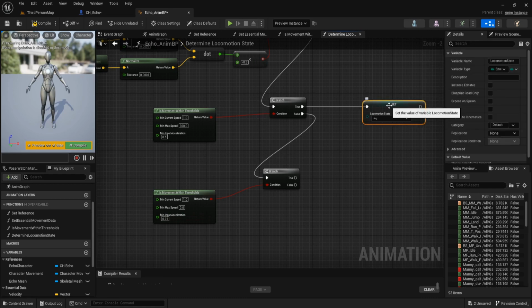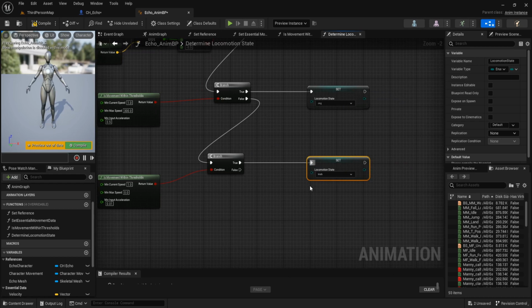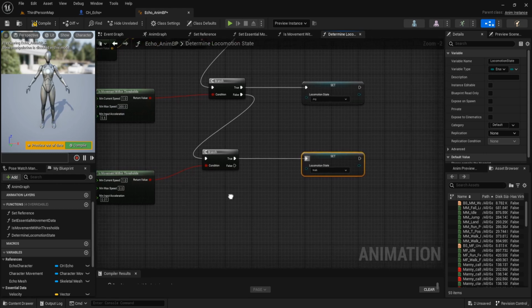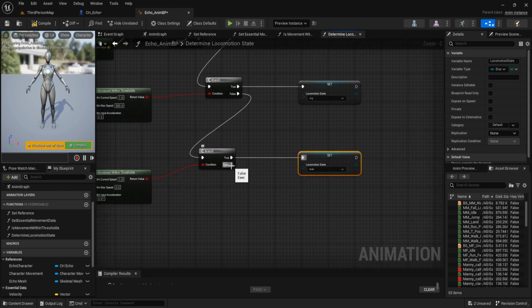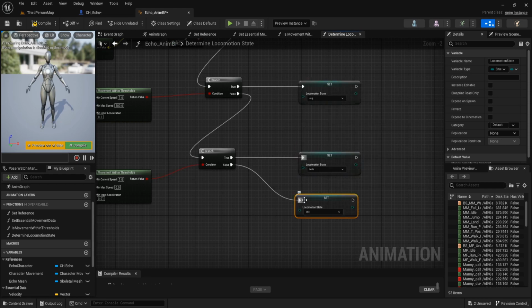And if it's true, we set the locomotion state to walk. The speed is between 0 to 300 when it is walking. And if every threshold is false, we set locomotion state to idle.